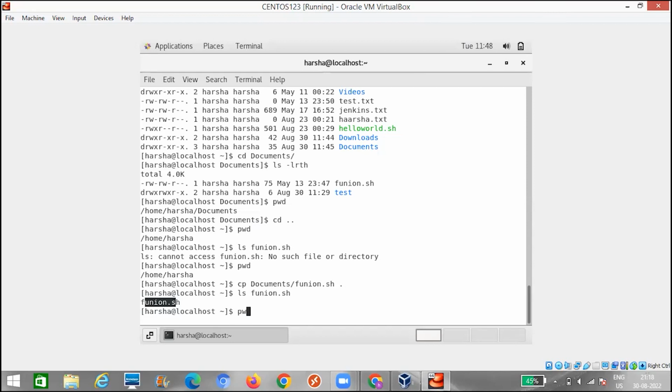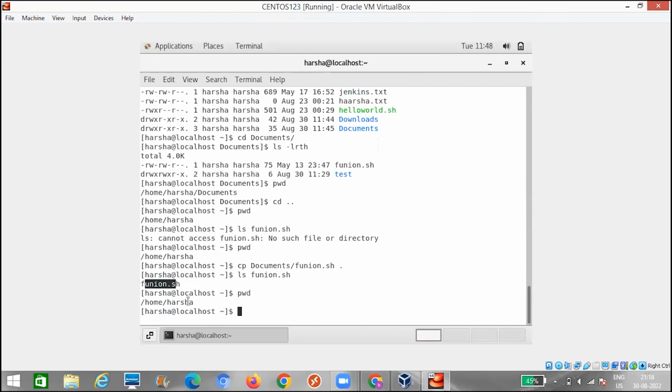Right now, I'm already in home Harsha, right? From here, if I want to copy function.sh, which is there in the documents, I can use the relative path. I'm not giving the complete path, like home Harsha documents, function.sh to dot, our current folder. So right now I'm using a relative path. There can be a requirement where you have to use the complete path.